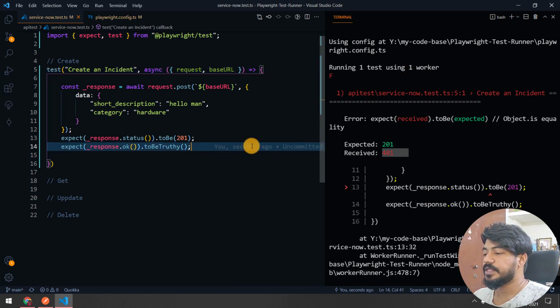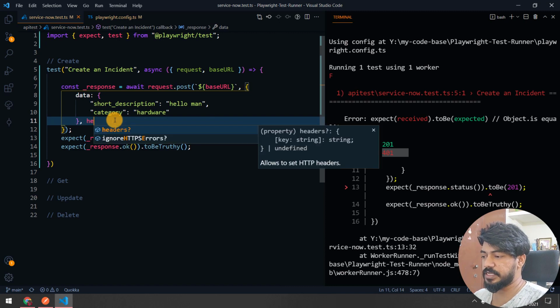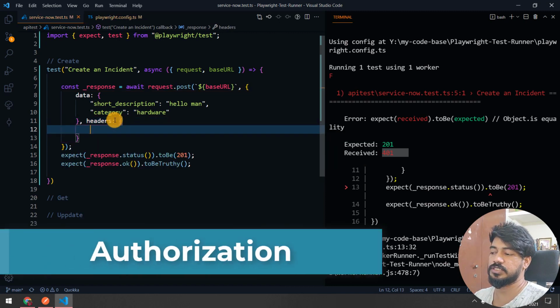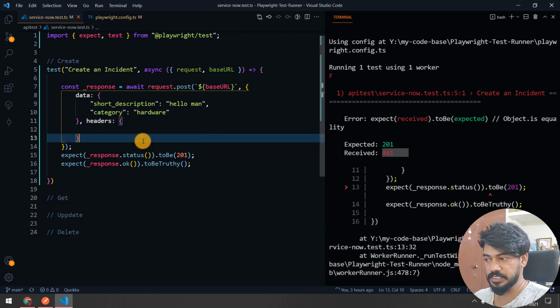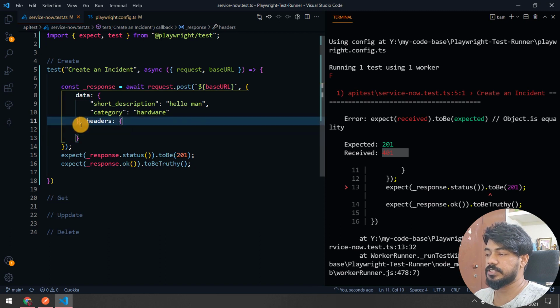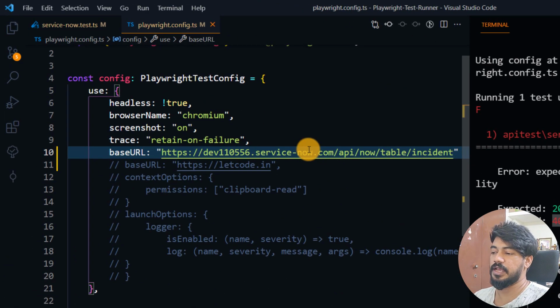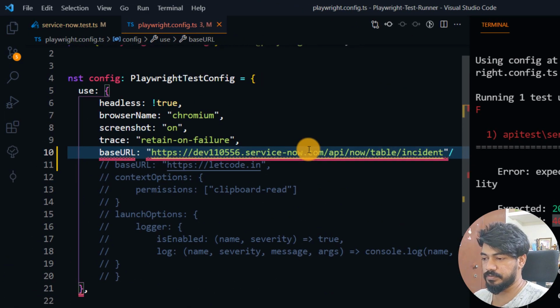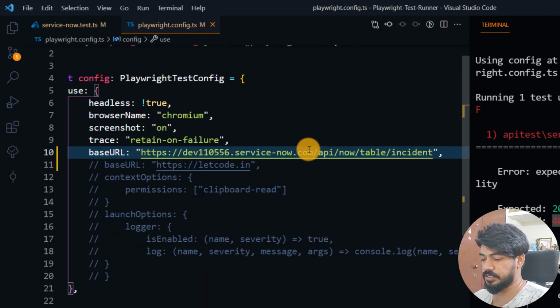Yeah, okay, so we are going to do the authorization now. Of course I can pass my headers and give the authorization here itself, but this authorization is going to be the same for all the rest of my test cases. So what I'm going to do is I'm going to simply make that in the config at the parent level. Okay, so you can go to your config file and then bring up this extra http headers actually.